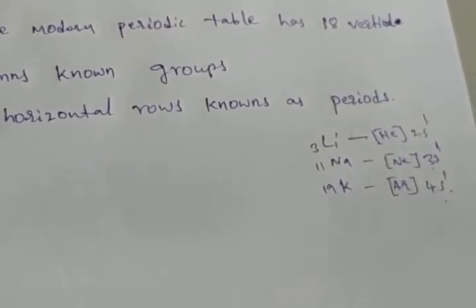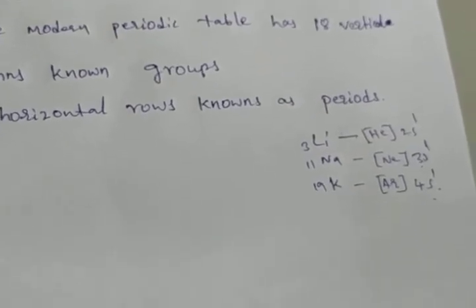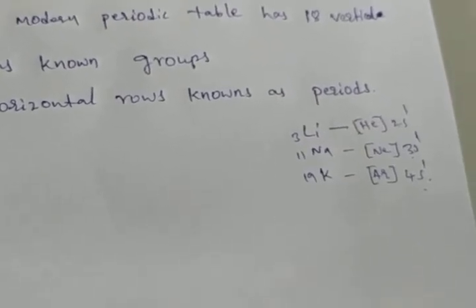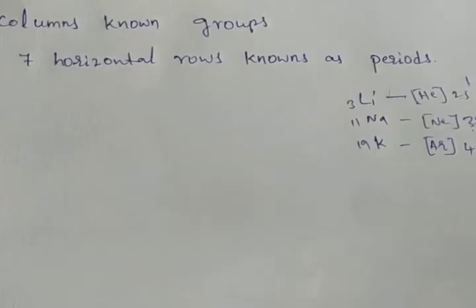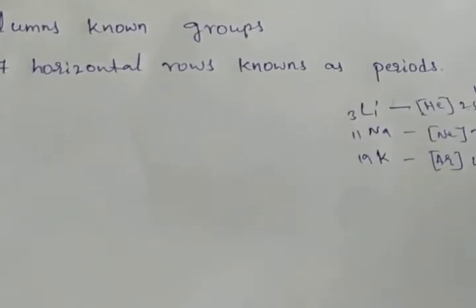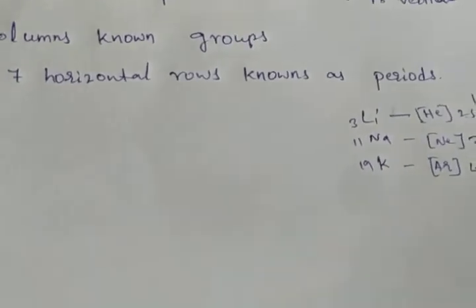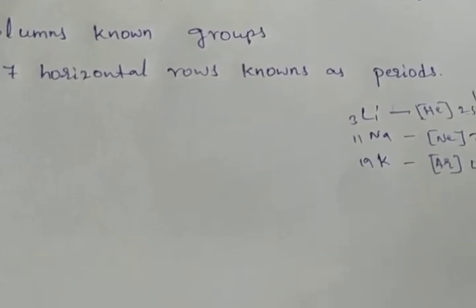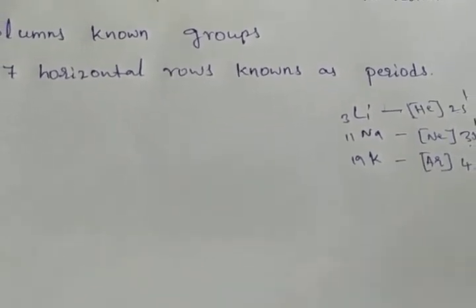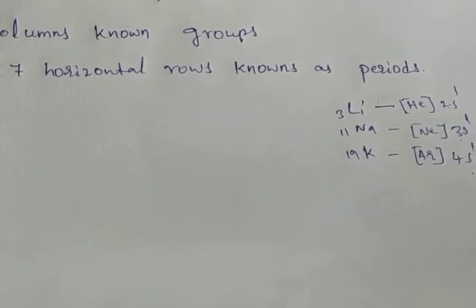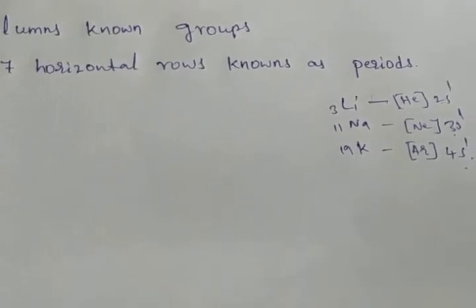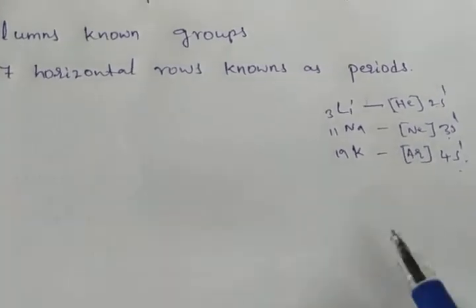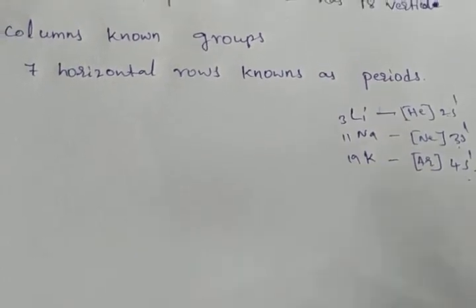Fluorine has atomic number 9, with electronic configuration 1s2, 2s2, 2p5. Fluorine has 7 valency electrons. In the same way, chlorine also has 7 valency electrons in its outermost shell. Observe the same for fluorine and chlorine.